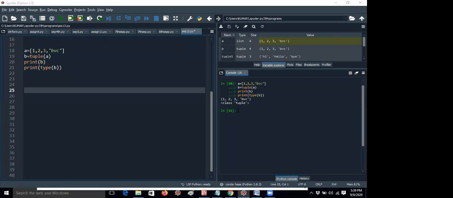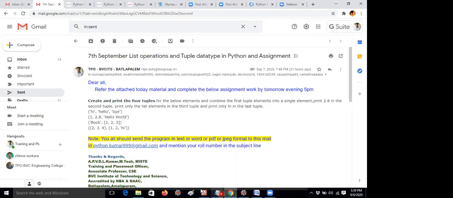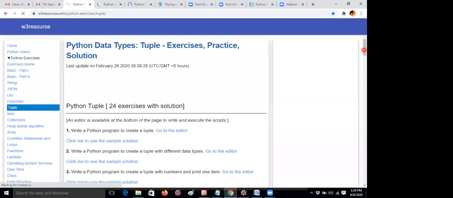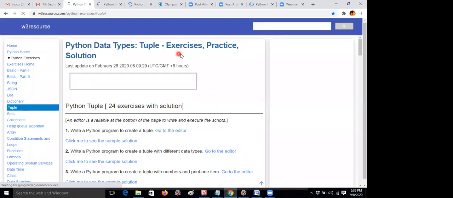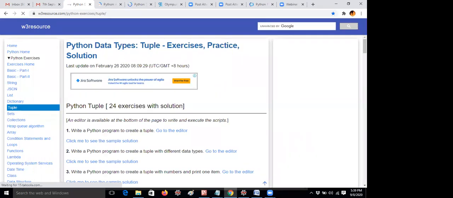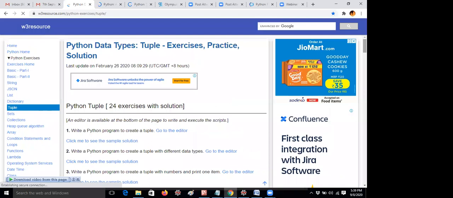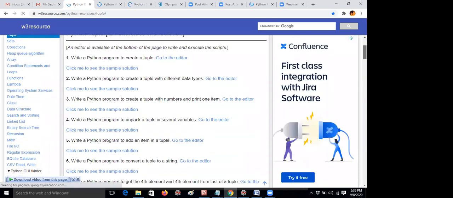If you want to find such questions, you can go through a website. Let me explain that website. This is a very important website, with many more interesting questions. If you have the time, you can practice here. This is Python data types, tuple exercises. Many students ask why these are helpful, sir. Other languages have only int, float, char, so those programming languages have some limit, but now Python is doing everything, so we have some more additional data types here. Let me explain these questions, Python data types tuple exercises. You can practice here.